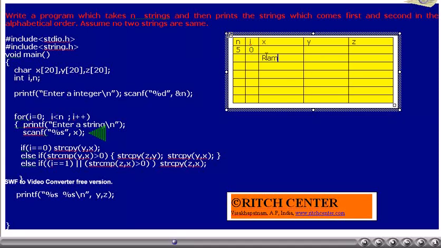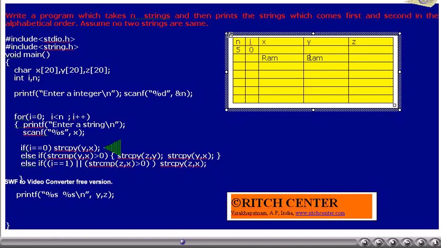Let us assume that the user has entered the string Ram. The same will be stored in the variable x. First time, whatever is available in the string x, we want to copy into the variable y.